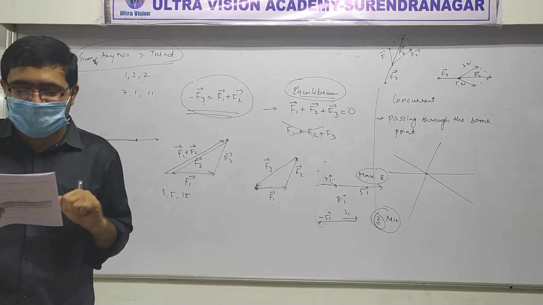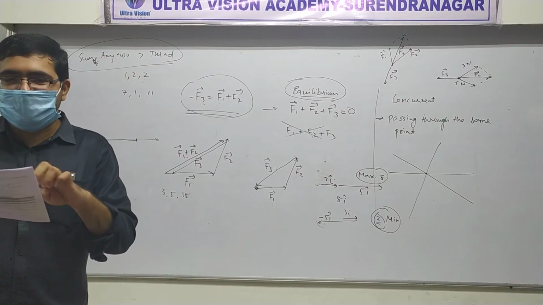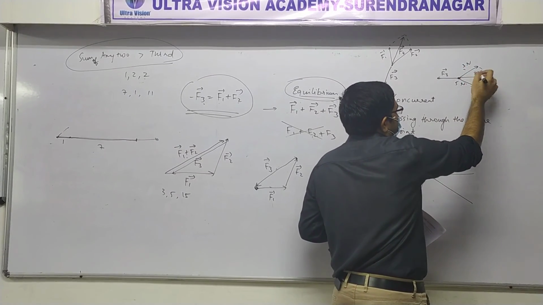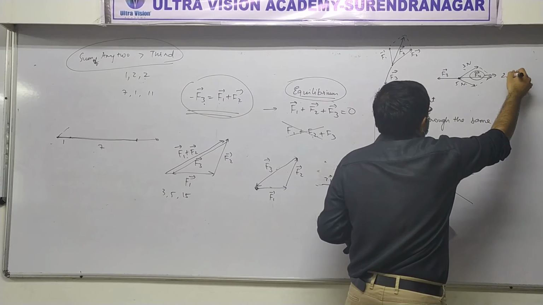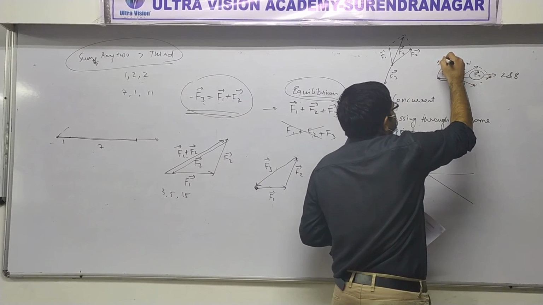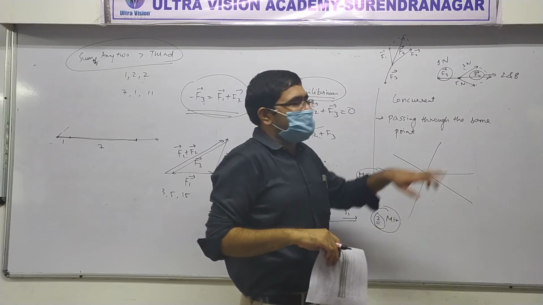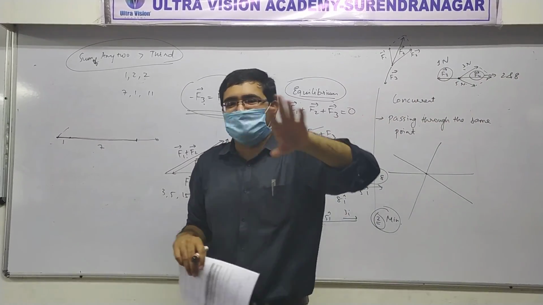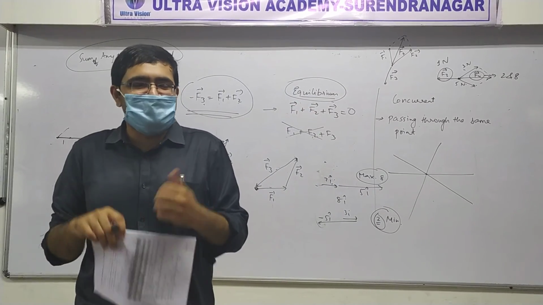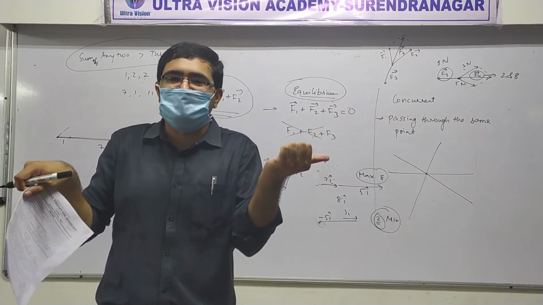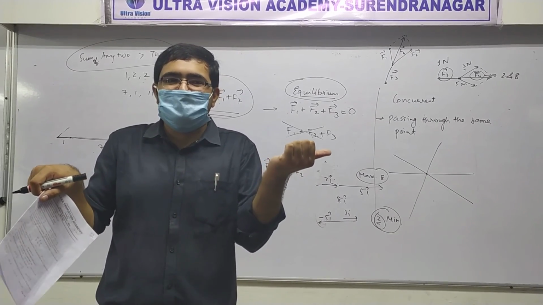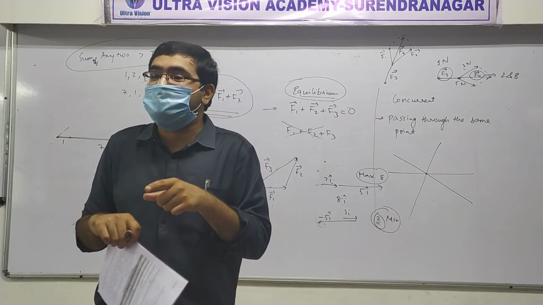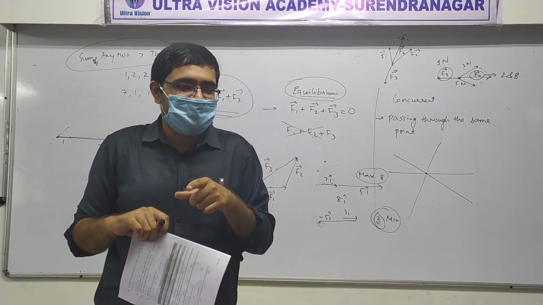So for example, look at the first one: is the third force able to exactly cancel the addition of 3 and 5? This F4 will be between 2 and 8, but this F3 is given as 1 Newton. Do you understand what I am saying? Is it possible that 1 Newton added to anything between 2 and 8 makes it 0? No. Only 1 and 1 can cancel each other. If you walk one step to the right, you have to walk one step to the left to come back to the same spot. You cannot walk more.